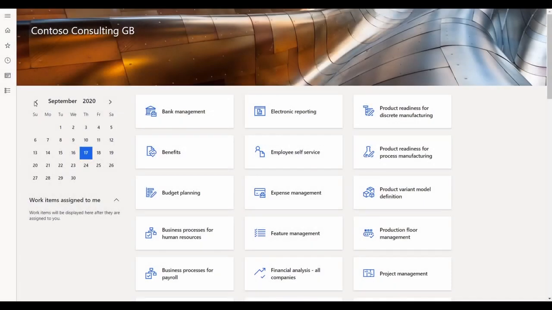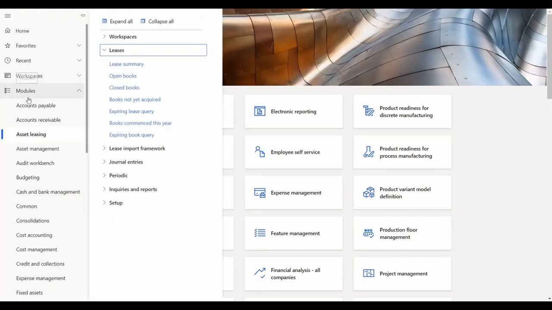The new asset leasing feature for Dynamics 365 Finance helps to ensure that IFRS 16 and ASC 842 accounting standards are being followed to reduce risk while automating complex calculations and eliminating time-consuming offline processes. If we go to the Asset Leasing module, under Lease Summary, we can view all leases that we have in